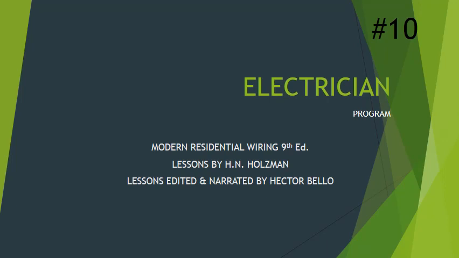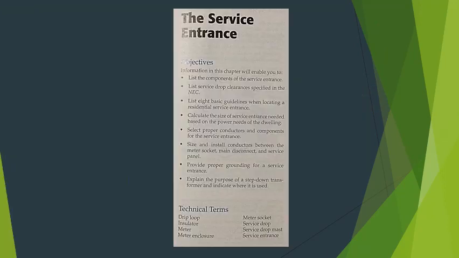This is chapter 10 from the Electrician program. This chapter is about the service entrance. Very important chapter. The objectives are to list the components of the service entrance, list the service drop clearances specified